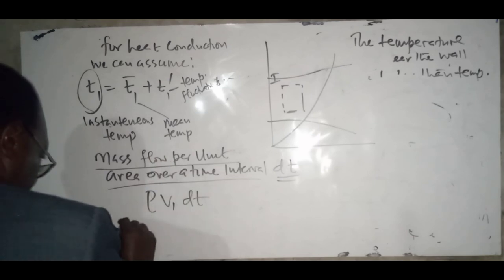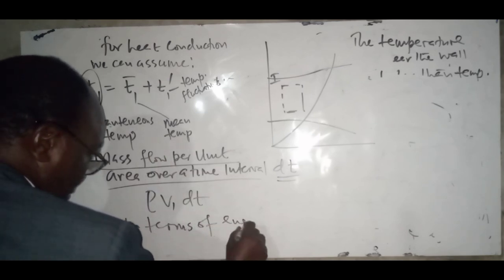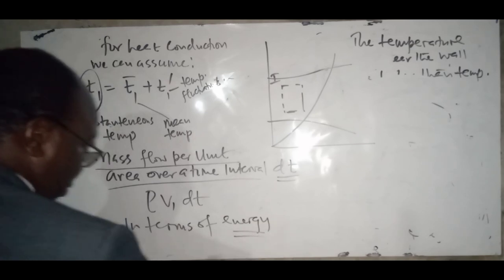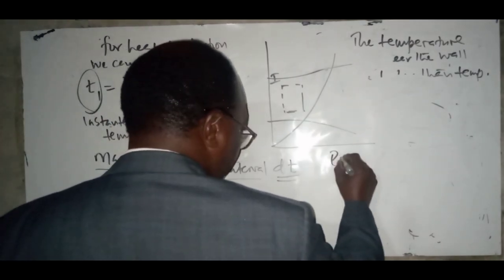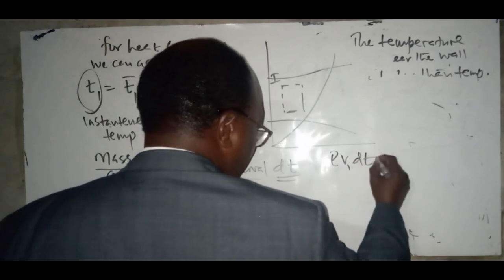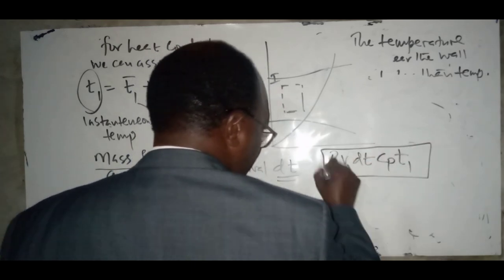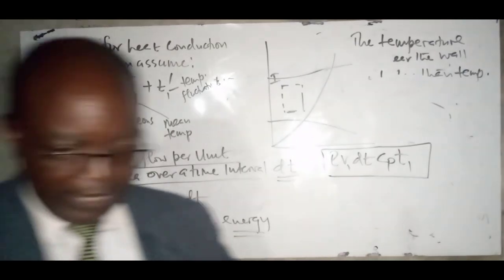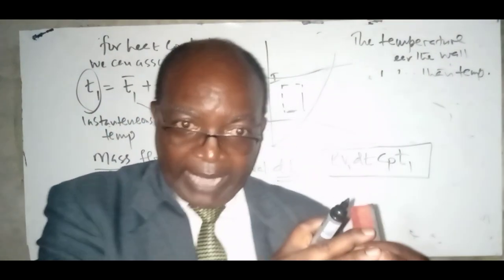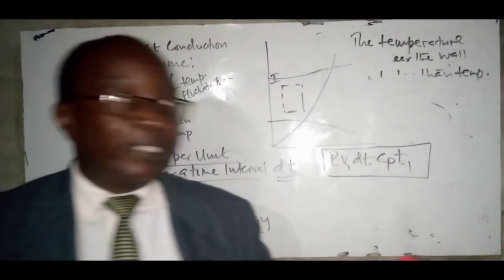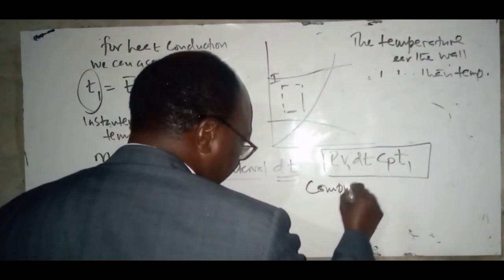So in terms of energy, we have that as rho V1 dt Cp T1. If we take this quantity over a longer time interval, computed over a longer time interval,